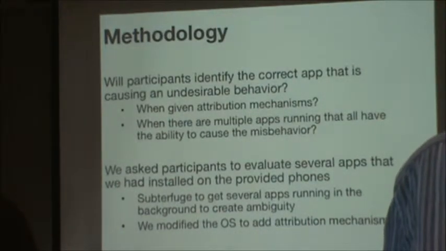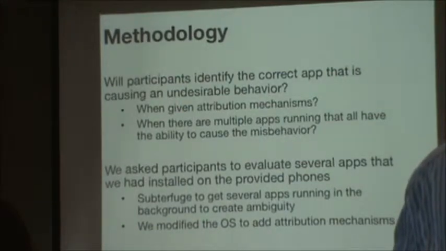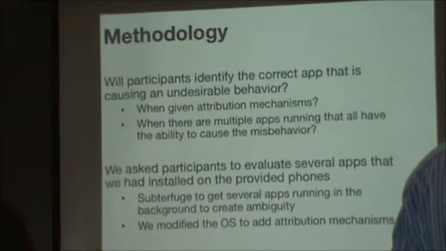So we instrumented the devices, they came to the lab, and we had them do a bunch of subterfuge tasks. Doing security experiments is particularly difficult because most people don't actually do security as the primary task. Sure, we could have had them come to the lab and immediately told them the device is going to misbehave, find the misbehavior. That's going to create sort of an upper bound. It's not going to be ecologically valid.